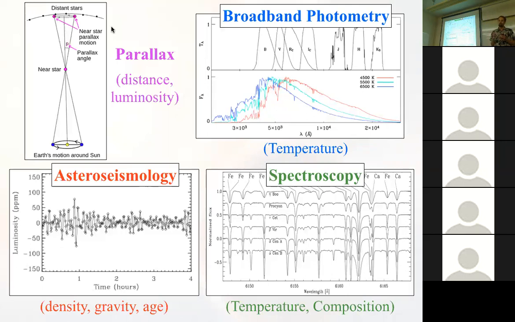So a star oscillates with a lower frequency the larger it is, and it oscillates faster the smaller it is. And this is in fact what we see in stars. This is a time series of the sun. If I would show you the same time series over 4 hours of a red giant star or an evolved star, the period of the oscillations would be much slower. So by simply measuring how quickly a star is oscillating, we can get a very good handle on the size of the star, and that in turn gives the radius. But it doesn't directly give you information about the planet because the signal comes from the star.